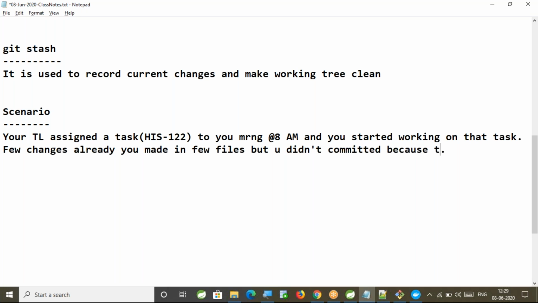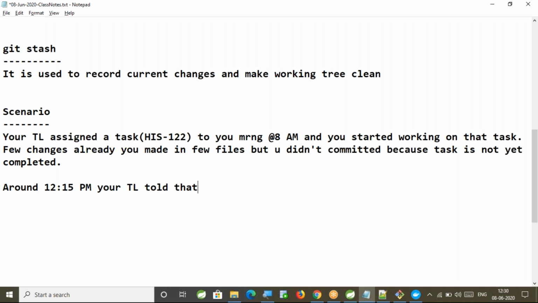The task is not yet completed. You are working on that. You are in the middle of that. Around 12:15 p.m., your TL told you to park HAS-122 for now and start working on HAS-134.